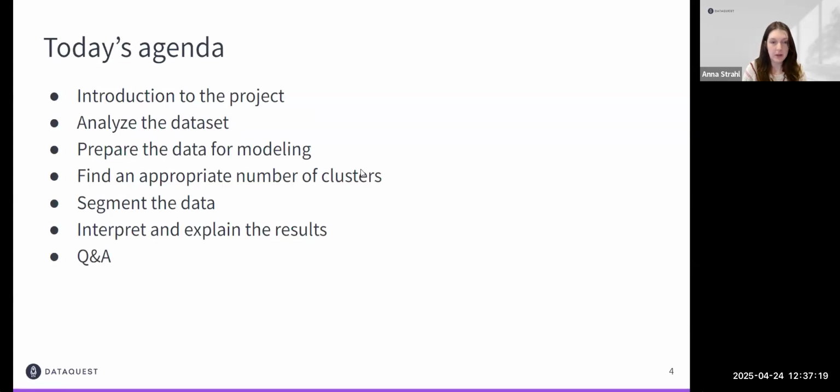So what are we doing today? Today, we are going to introduce the project. What is the scenario we're going to be working with? We're going to analyze the data set, do some exploratory data analysis, and then we're going to prepare our data for modeling, deal with some of our more categorical variables because the model we're using for machine learning needs everything numeric. We're going to then use k-means clustering and the elbow rule to find the appropriate number of clusters, then segment the data, interpret the results, and then close